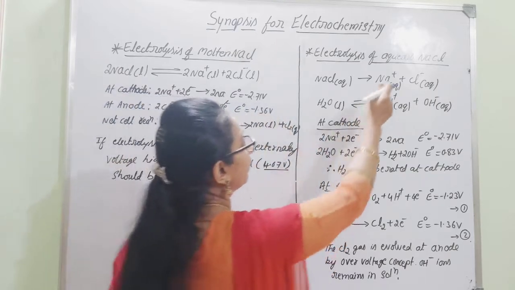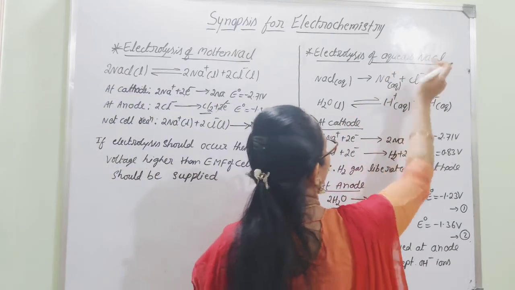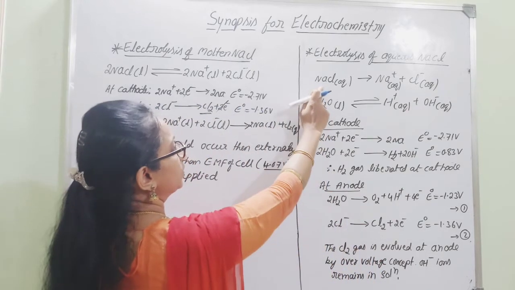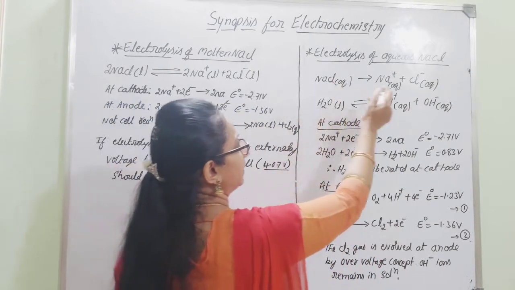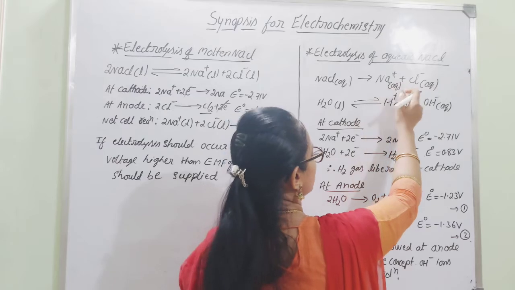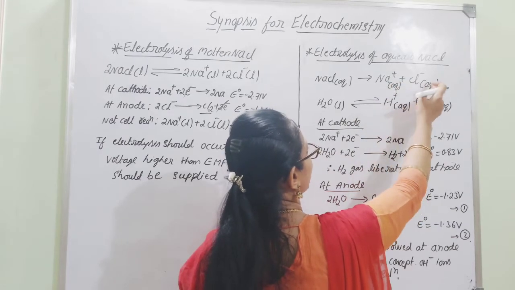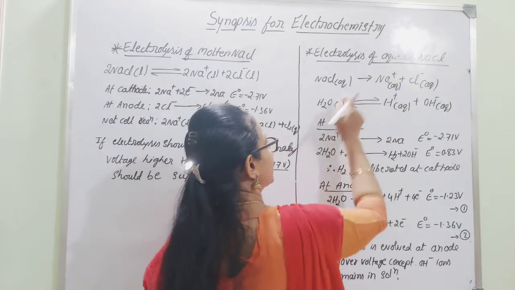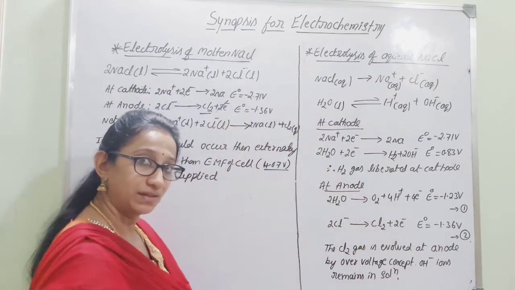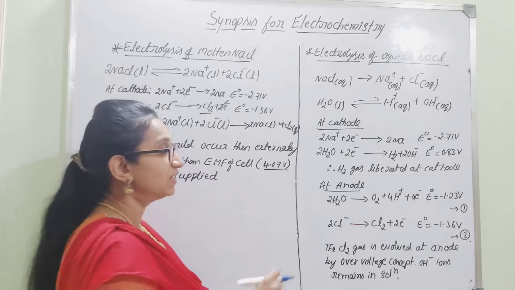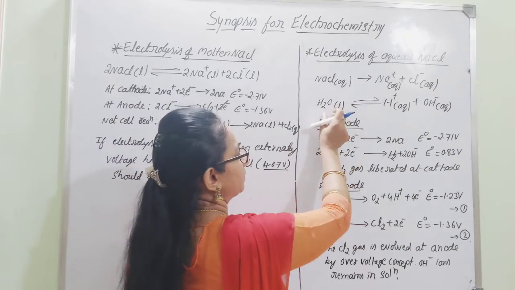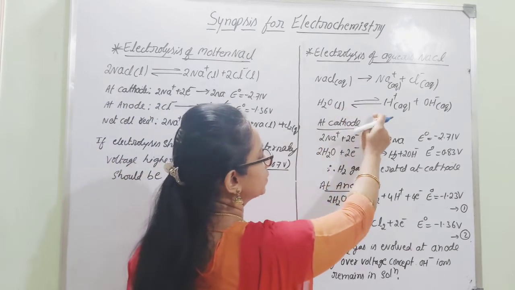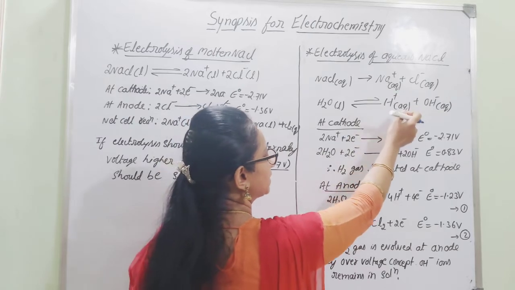Because there is an aqueous medium along with sodium chloride. Therefore, sodium chloride in aqueous medium can completely dissociate to give Na+ ions and Cl- ions. Of course, the term aqueous represents the presence of water. Even during the electrolysis process, water will undergo partial dissociation to give H+ ions